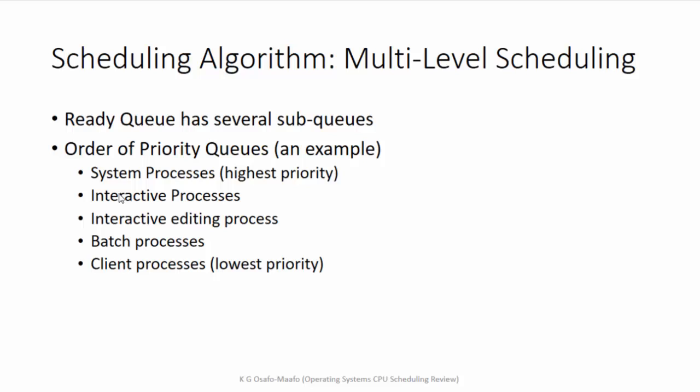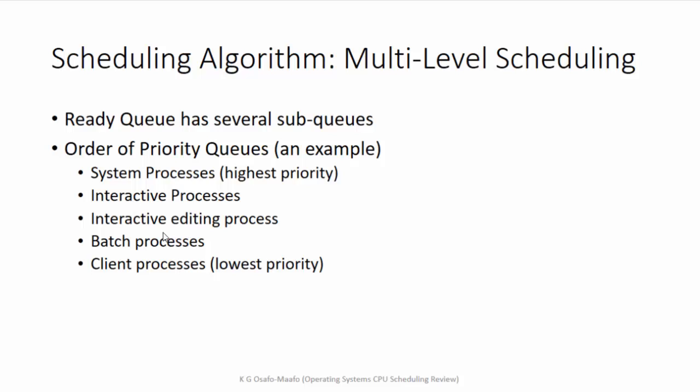So imagine you're playing a video game, or maybe you are clicking, but anytime you click the cell, it takes 10 seconds before it shows, or you're typing. And as you are typing on the keyboard, sometimes it takes some delay before it appears on the screen. It's very frustrating. So that's why we have system processes, then interactive processes,